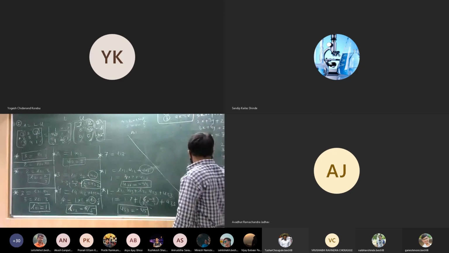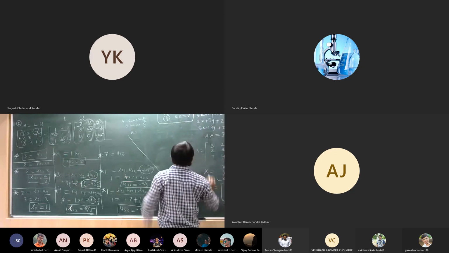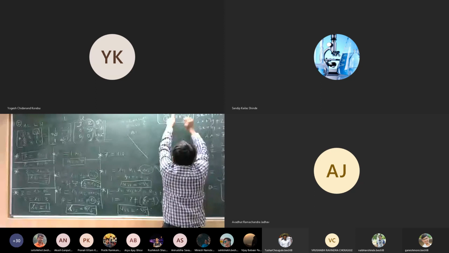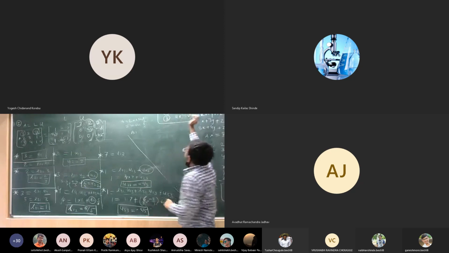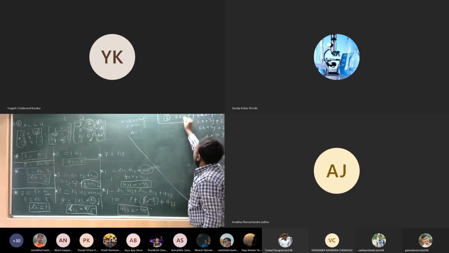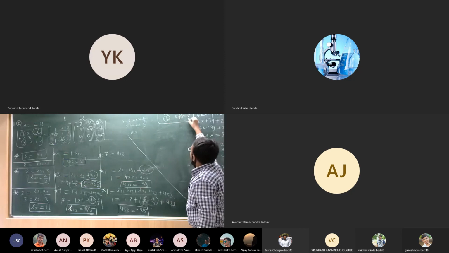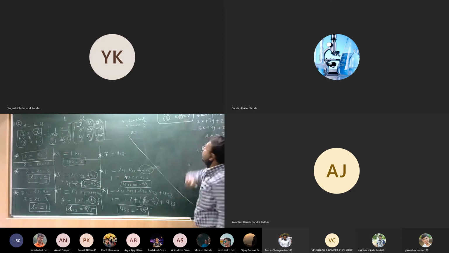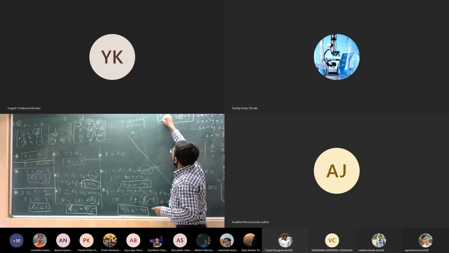The B matrix is given here. So L into V, with V1, V2, V3, equals B. Using that, the V value is calculated. Next we need to calculate the X value, because V is now known. Using that, X, Y, Z are calculated. The next two steps we will take in the next lecture.